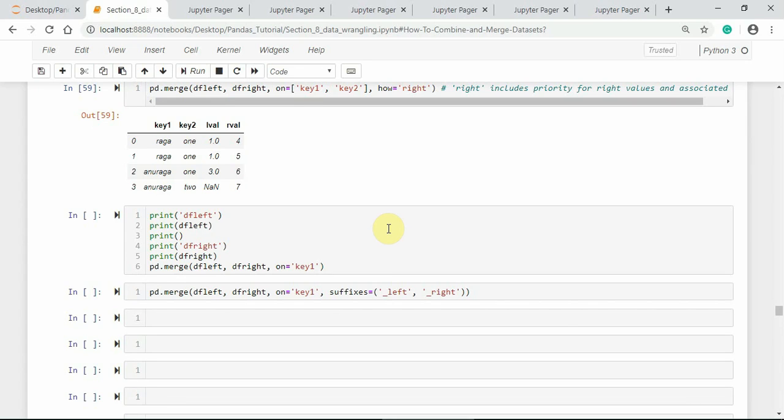If you observe the above operations, one thing we have noticed is that while merging, we may face problems with overlapping column names. So let us see the merge operation by switching on only one column name, for example key1.